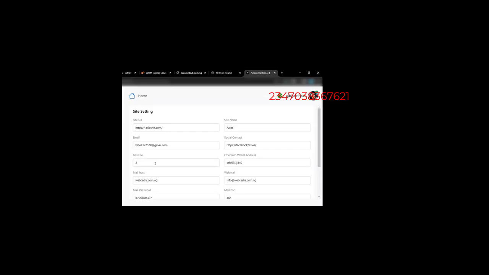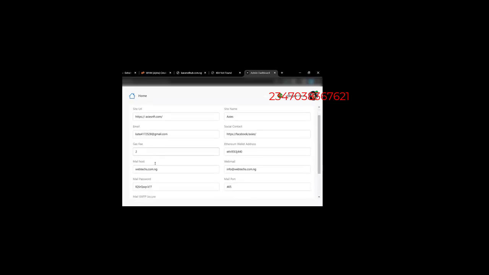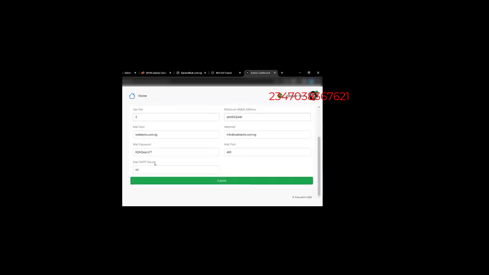And also this system uses SMTP, okay? Now what I mean by this system uses SMTP is that when I have this on my cPanel, I have to create a webmail on my cPanel. So let's say I create info@webtext.com.ng, okay? Now this webmail that I have created on my cPanel is what I'm going to use on this part here,